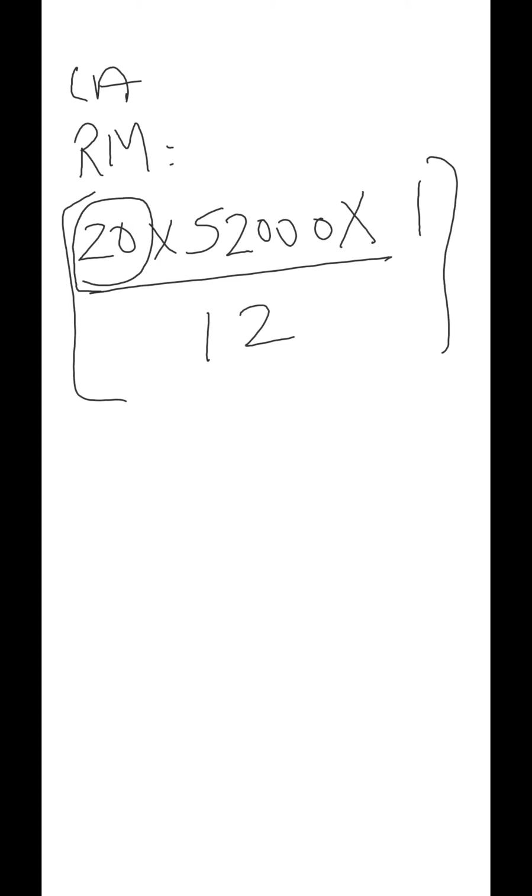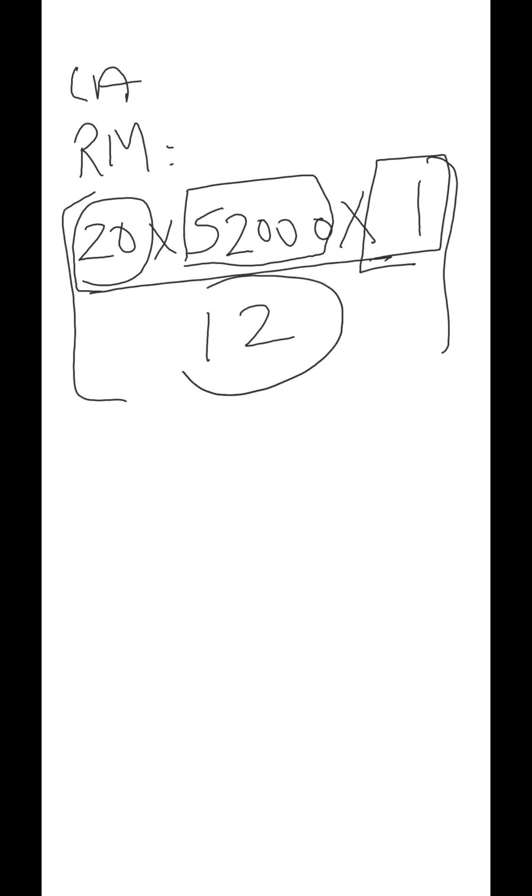First, the price: how much price is given for the raw material, because the starting of our current assets is from this. Then the number of units, how many units there are. Then the time, for how much time. Now what has it given? 1 month, but how many months are there in a year? 12. So we have divided it by 12. This way it has come. So the raw material cost given is 20 rupees, the number of units is 52,000 and the time is 1 month. That is why 1 divided by 12. Okay, now moving on to the next.